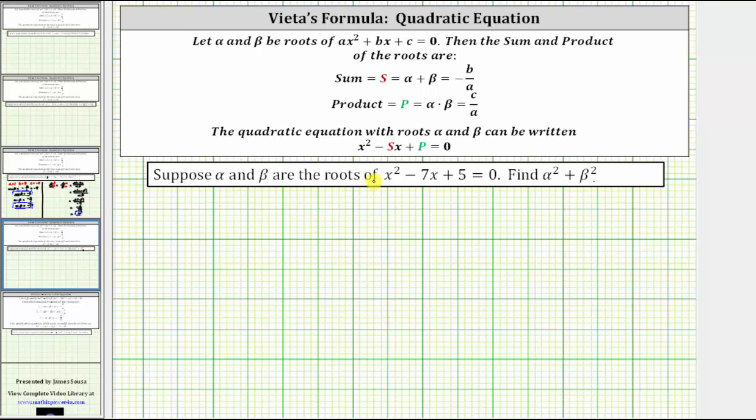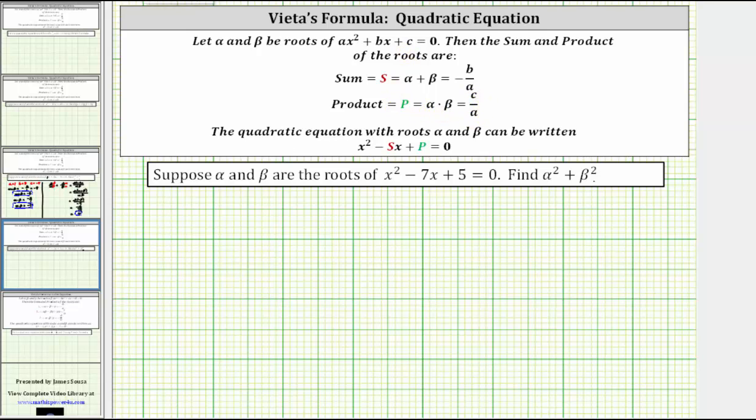Suppose alpha and beta are the roots of x squared minus 7x plus 5 equals 0. Find alpha squared plus beta squared. We will answer this question using Vieta's formula for quadratic equations, which states that if alpha and beta are the roots of ax squared plus bx plus c equals 0, then the sum of the roots, alpha plus beta, is equal to negative b divided by a, and the product of the roots, alpha times beta, equals c divided by